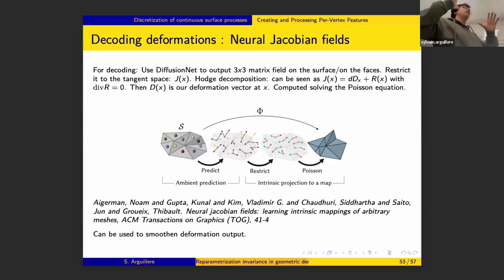So you have to do a Hodge decomposition, and solve for the part of your linear application that is actually the differential of an actual map. You do this by solving the Poisson equation with respect to, again, the Laplace-Beltrami operator, and you get your deformation. The nice thing about this is that it smoothens your